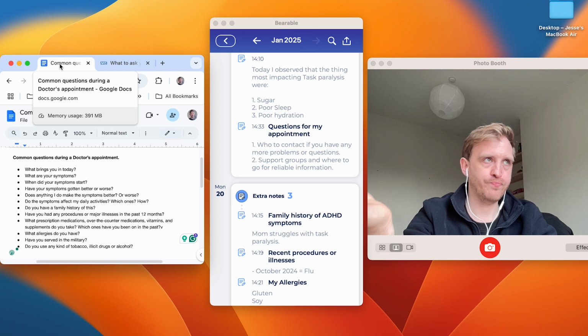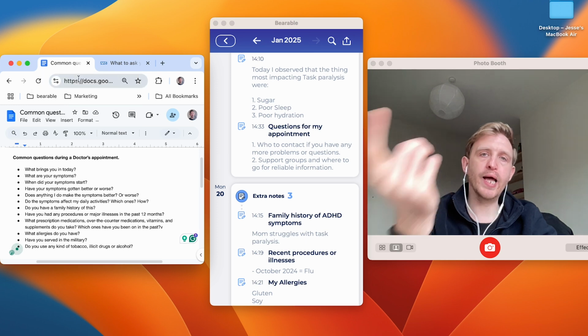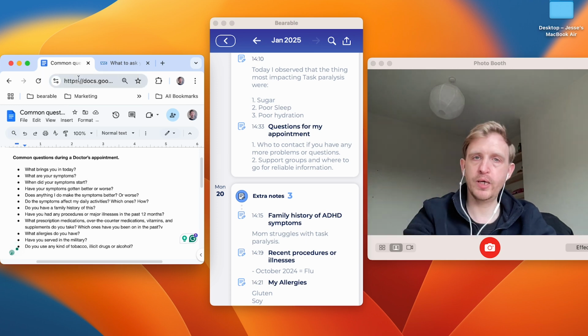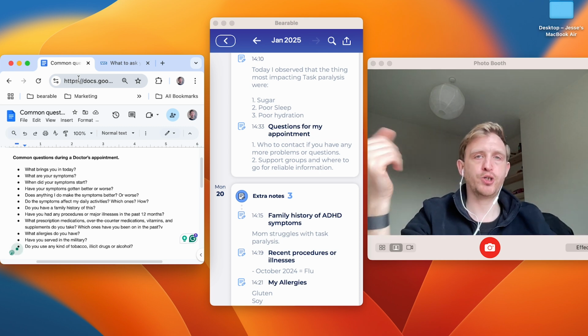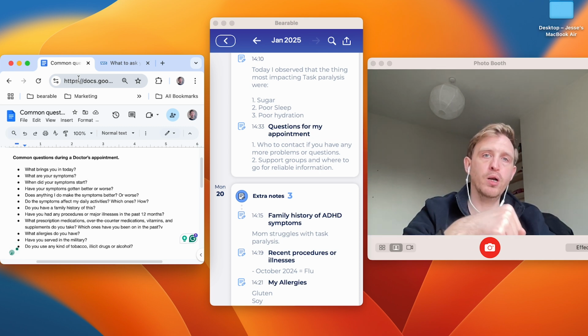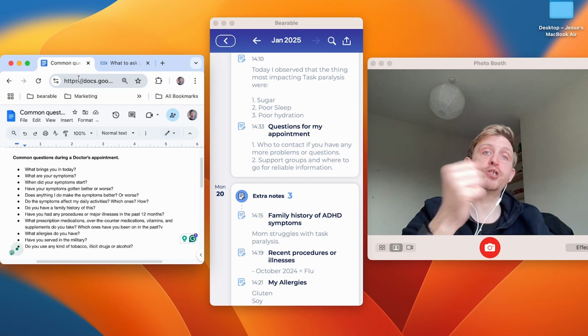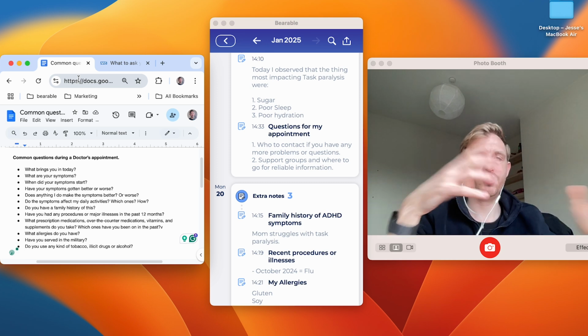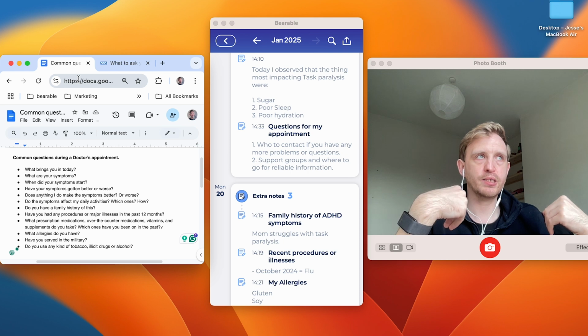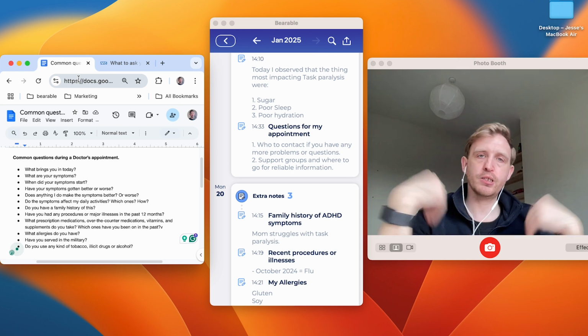Do go and Google the name of the symptoms for your conditions. Do go and Google the questions that a doctor will probably ask you, and just make sure that you've got the information that they want, rather than just giving them the information that you've already collected. Make sure it's in a format that makes sense to them, rather than just making sense to you.